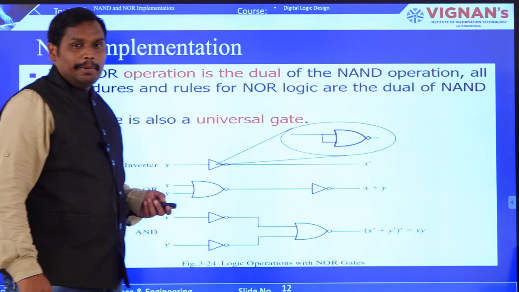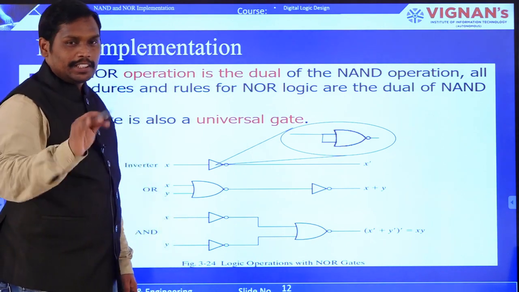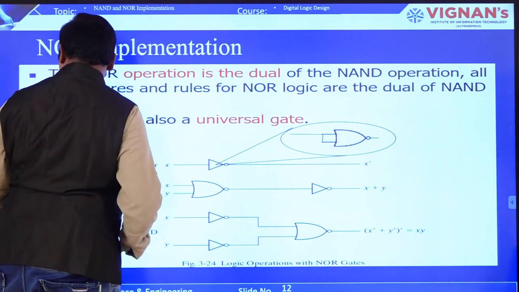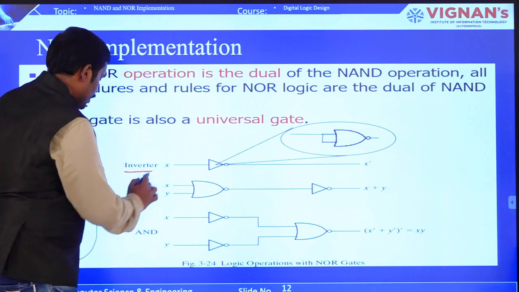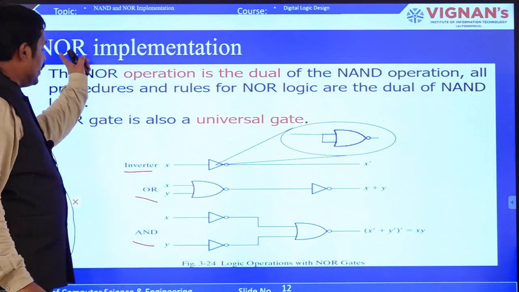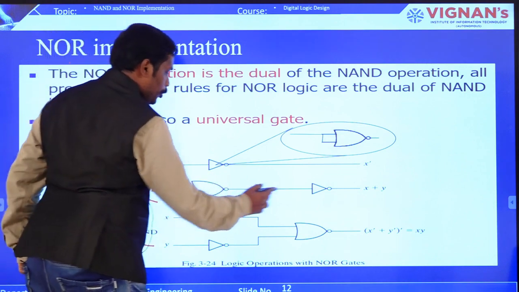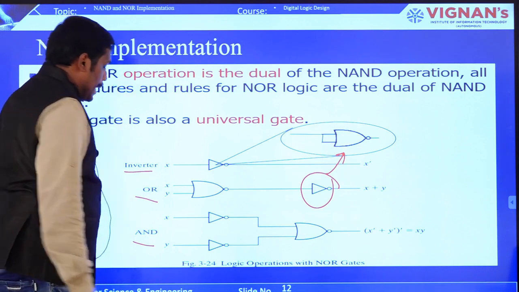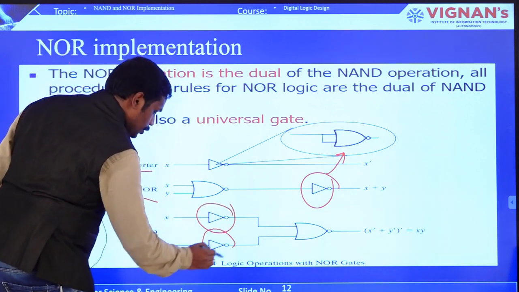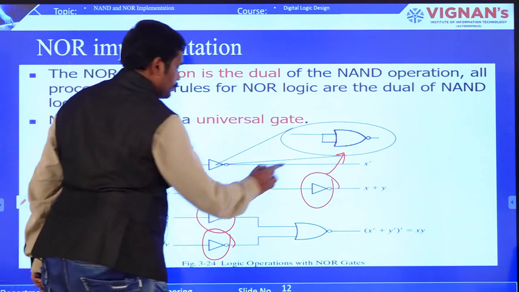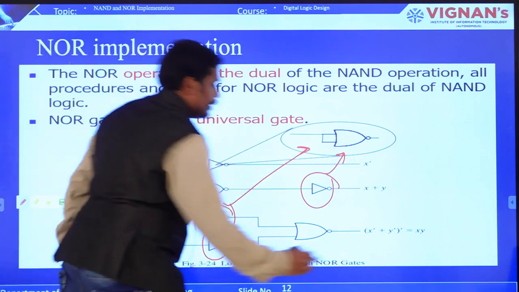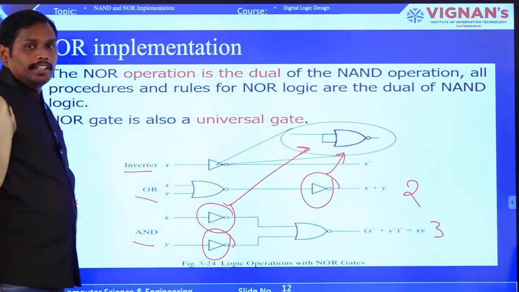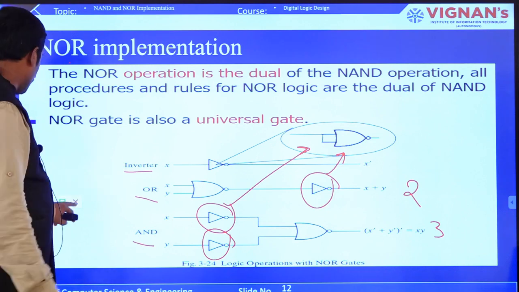Now coming to NOR implementation. We have seen NAND implementation, and NOR is quite the opposite. NOR implementation is also a universal gate. As you can see, the inverter, AND and inverter, OR and NAND. Remember this: if it is NOR, for OR you are going to use 2 NOR gates, because this can also be expressed as this NOR gate, and in the AND you can see these 2 can be expressed in this NOR. So there are 3 NOR gates for the AND gate and 2 gates for the OR gate. This is how you are going to have a NOR implementation.